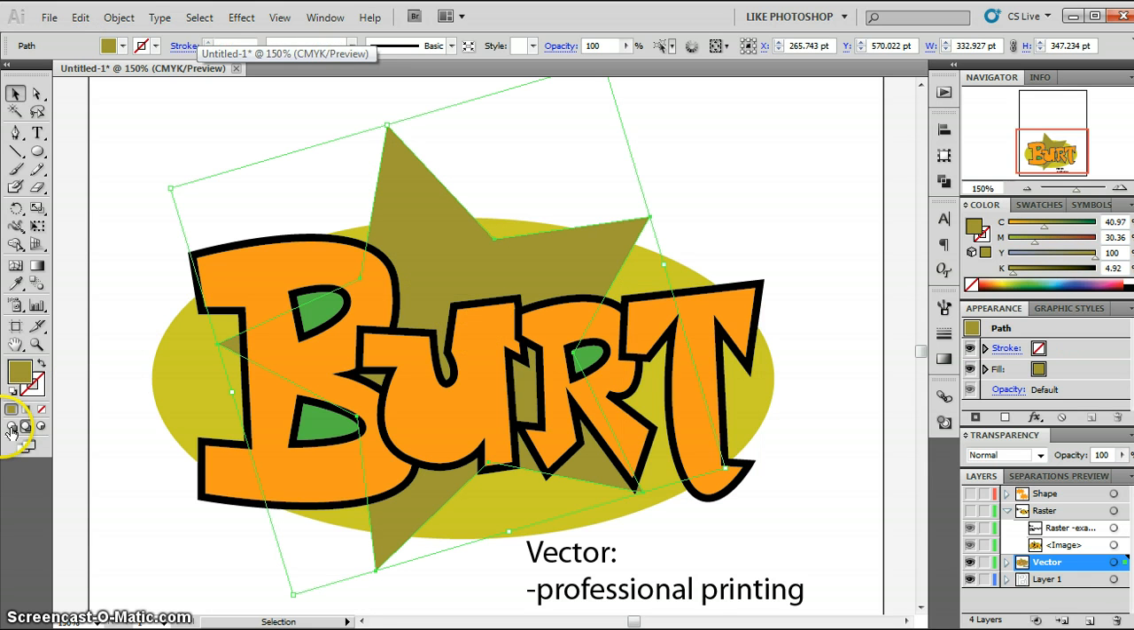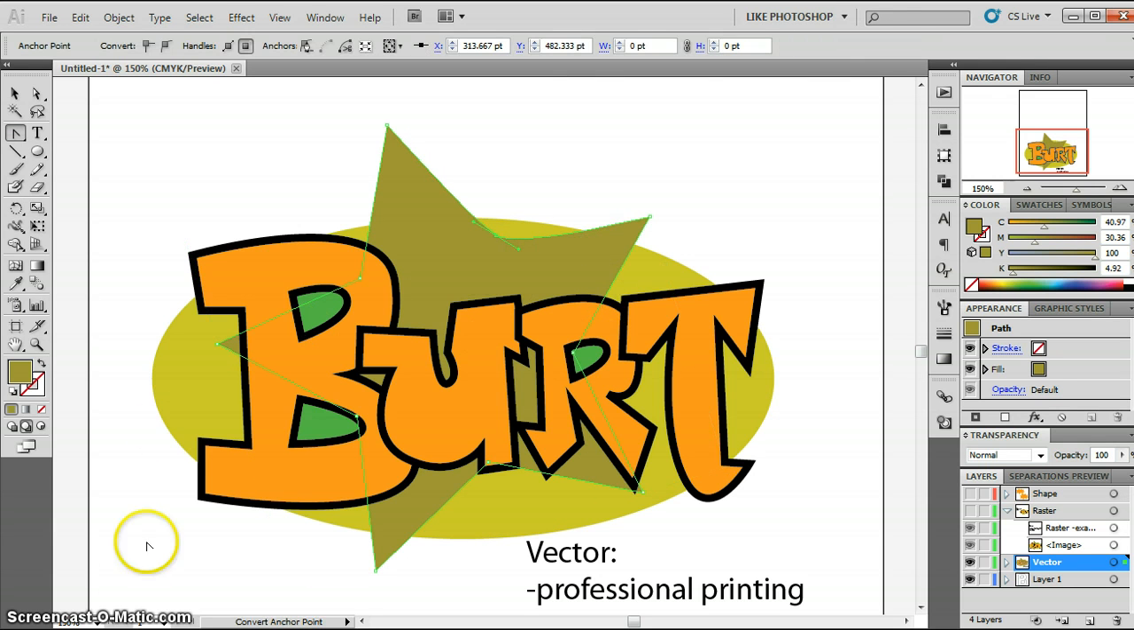I can go in and I can edit individual points, anchor points. I can create layers. I can draw curves. And I can do all of this because it is vector-based software. Alright? Now, vector is